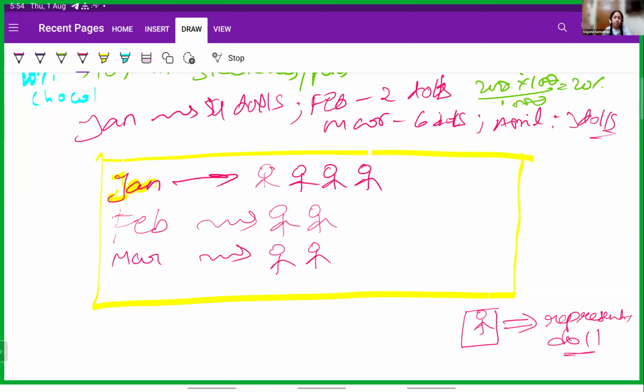Now the only data I have is the number of dolls sold each month, in the first 4 months of a year. So what are the first 4 months of a year? That is the first quarter. We call it the first quarter of the year. So first quarter is January, February, March, April. In the first quarter, how many dolls did he sell? He sold 4 plus 2 plus 6 plus 3, so that would be 15. 15 dolls were sold in the first quarter.